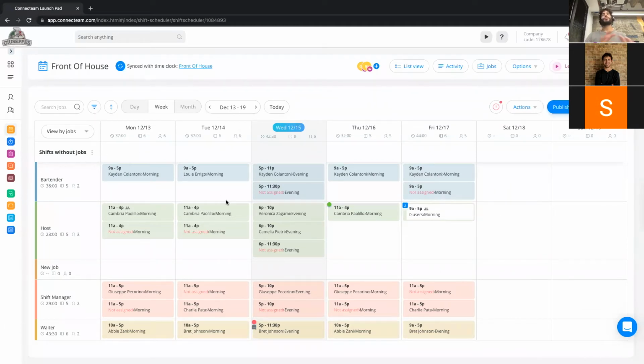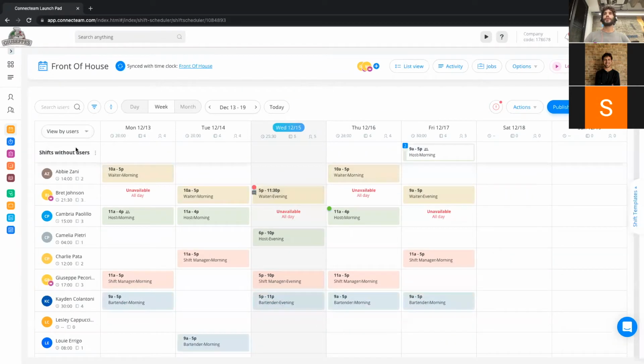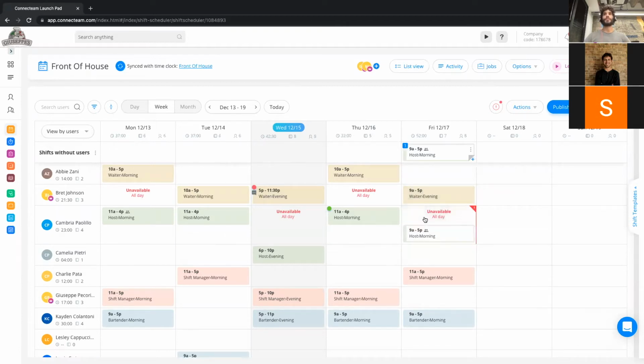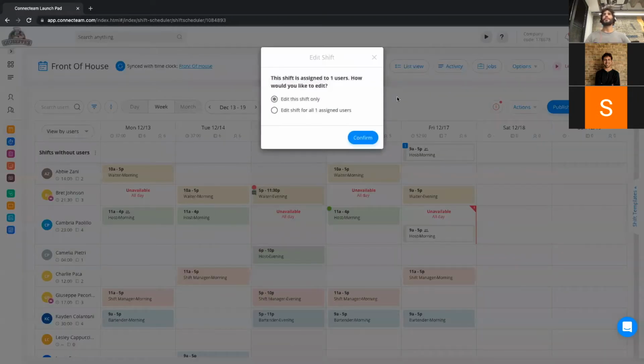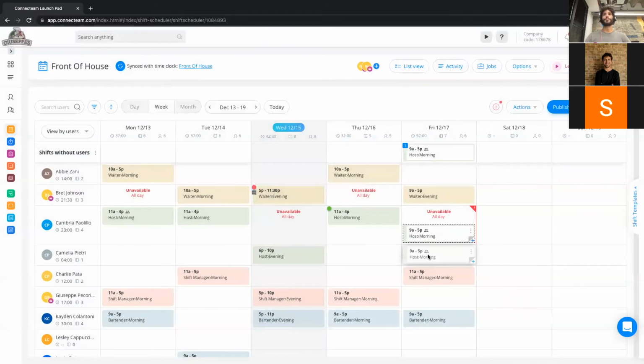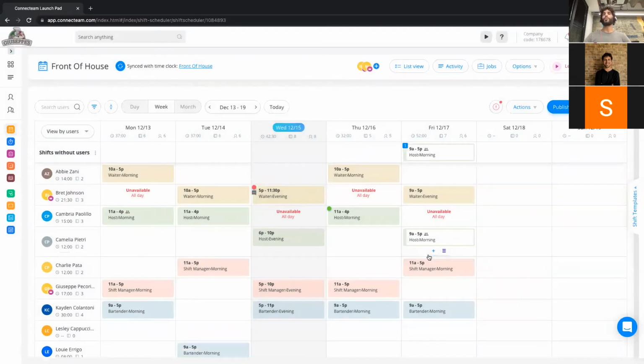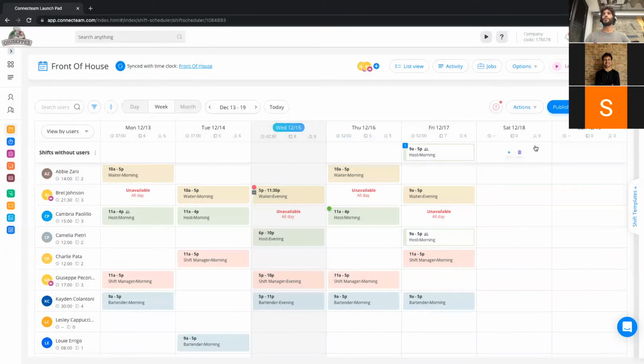So here's the shift I just created. Now, just imagine that you're creating all the shifts for all the jobs and all the days. I'll go back now to the view by users, and the shift I just created will appear in the shift without users row. And now all I have to do is simply dispatch. So I want to give this person this shift, but he's unavailable, okay? So I'll give it to someone else, okay? And again, when everything is done, all I have to do is press publish,